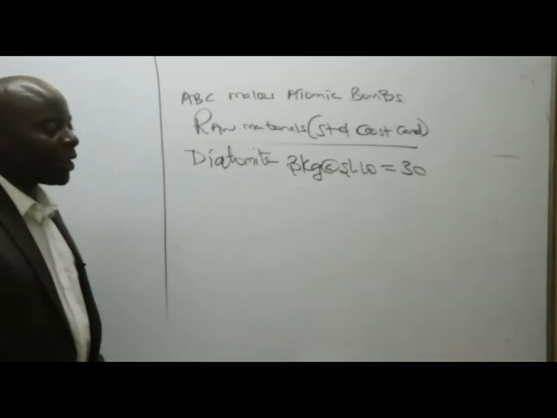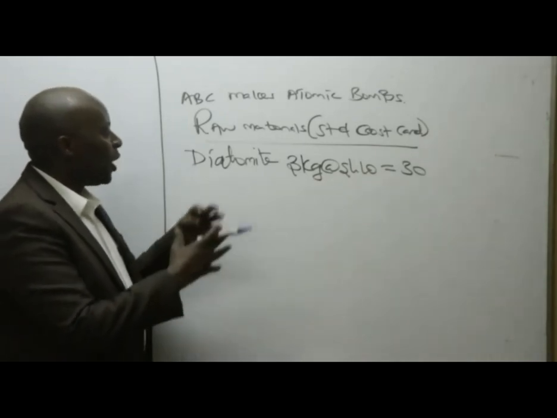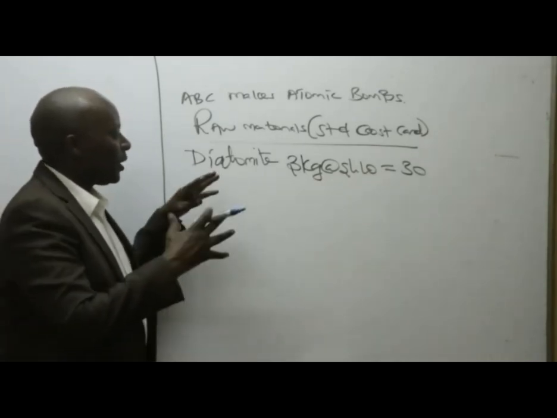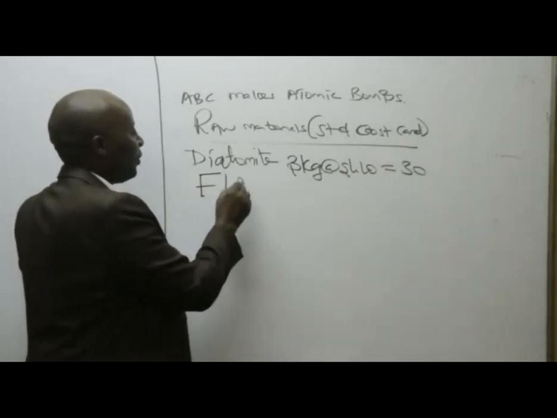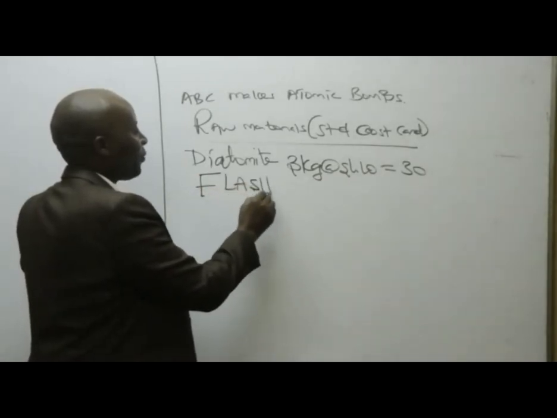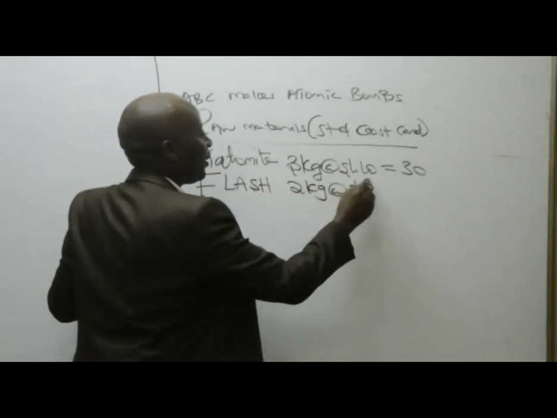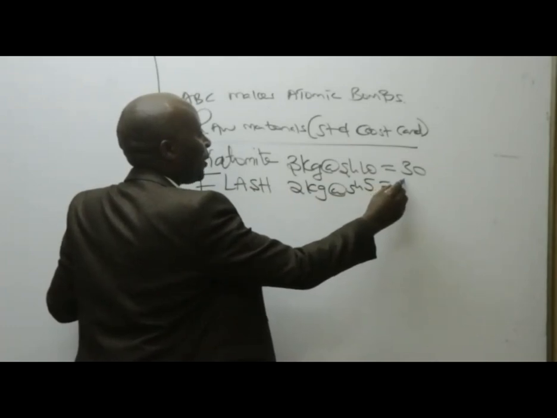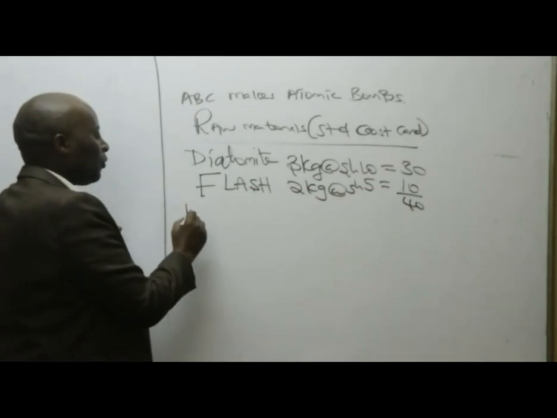Ladies and gentlemen, so we have diatomite, 3 kilograms at shillings 10, which gives us 30. And then, of course, we would want to scare people more. When this thing, in this case, explodes, we would want the flash. So we have here flash, for example, 2 kilograms, each at shillings 5, giving us 10. So 40 in total. So in the month of April,